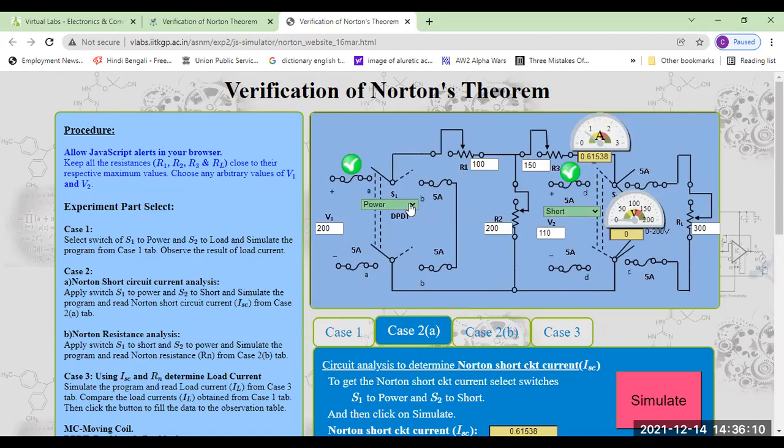And now we have to measure the resistance over there. So how could I do this? We just have to short it. So this voltage source was removed, and we have to power here, so that we can get the voltage and current over there. Whenever you power there, this portion is out, because the switch is in this portion. The switch has three portions, you can see. One is short, another is load, and another is this power section. The switch comes here, so nothing is there. So just simulate it.